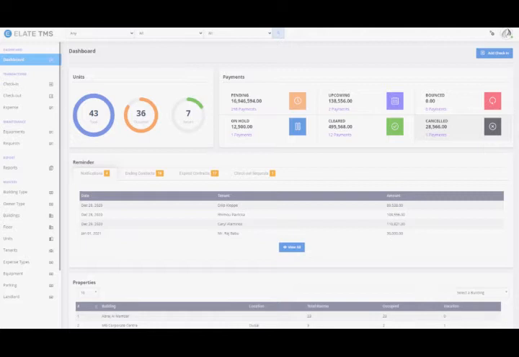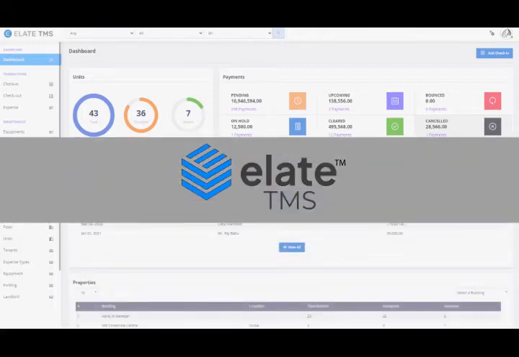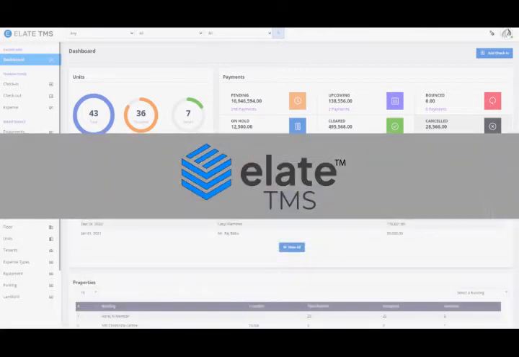Why choose Elite TMS? Elite TMS is designed to efficiently and centrally manage the exhaustive list of responsibilities of property managers and owners today. It helps them to do away with their previously maintained manual system of spreadsheets, email, and document filing. The software centralizes and unifies the tools necessary for efficient and productive business processes.